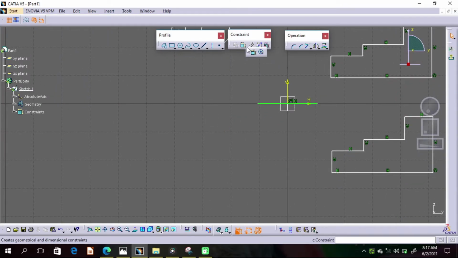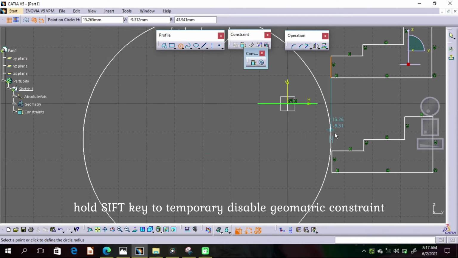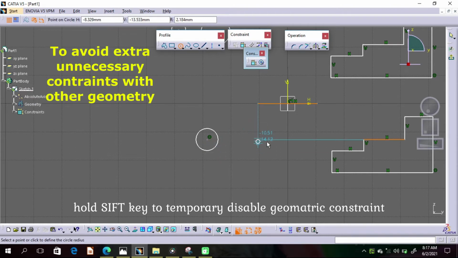First, I'm going to show you this contact constraint. So let's create a circle. When I create a circle, it tries to get a tangent constraint from this line. If you don't want the circle to get a tangent constraint with this line, just hold down Shift to create this circle, and create another circle, holding down your Shift key, and make a line